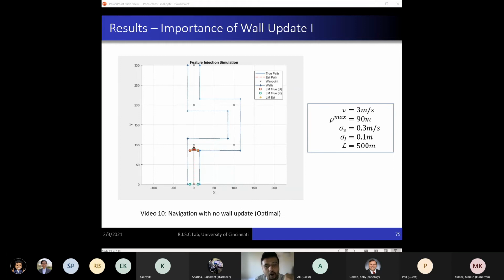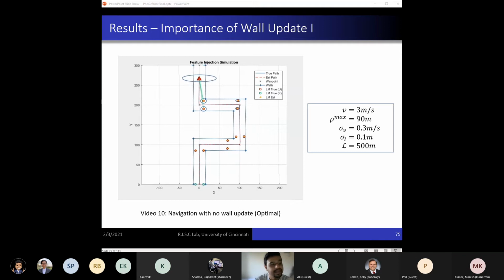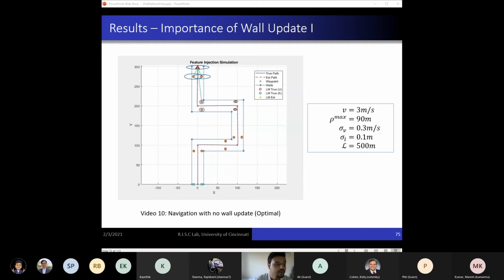This is a run with optimal landmark placement using landmark adjustment algorithms, but without a wall update. It can be seen in the last segment, that is the segment we're about to reach right now, that such an edge case arises. This can happen especially for turns with 90-degree turn angles. So we developed an engineered solution for this case, as this edge case does not happen all the time. For this case, we are considering the Pmax desired value to be 0.5 meters.